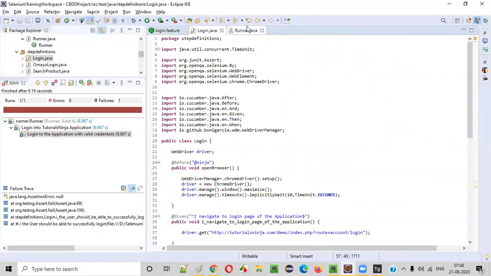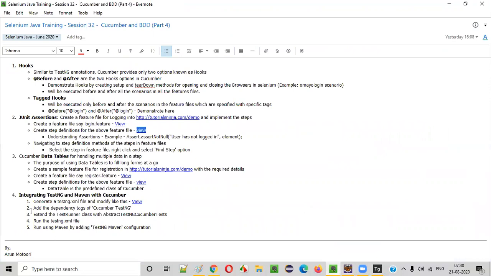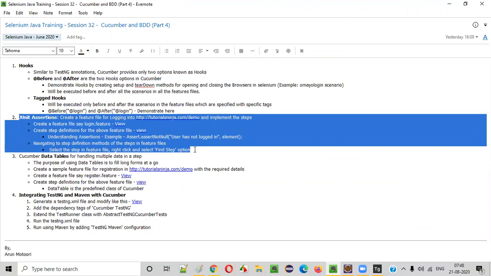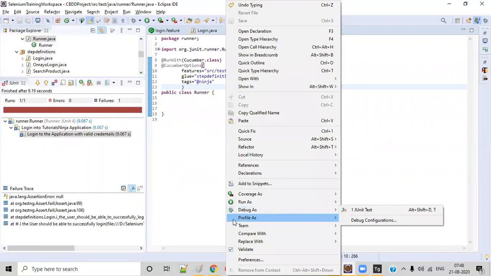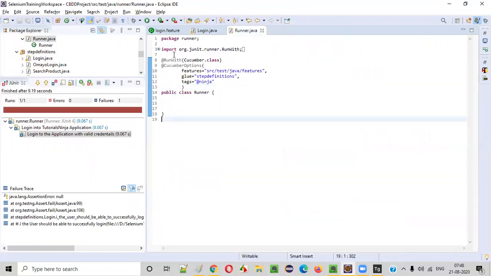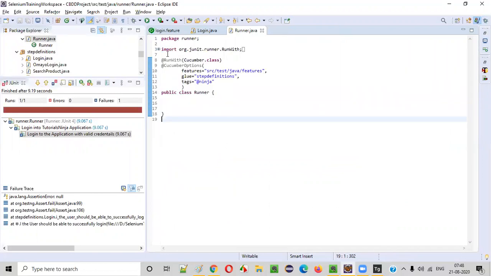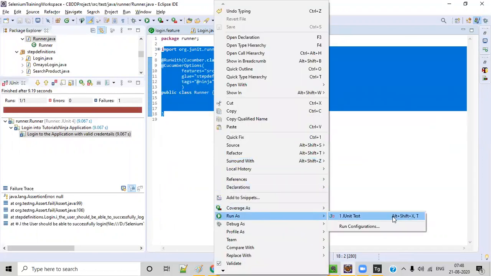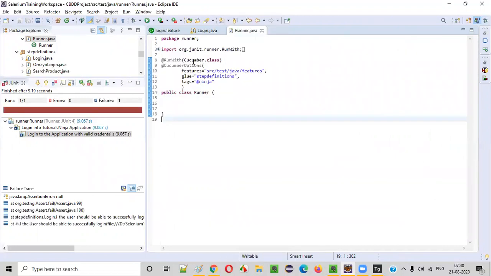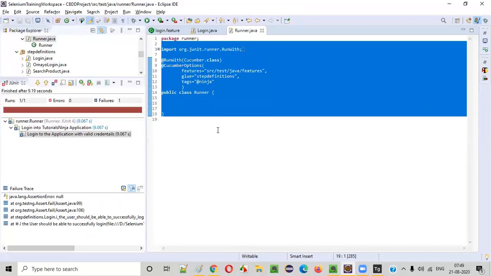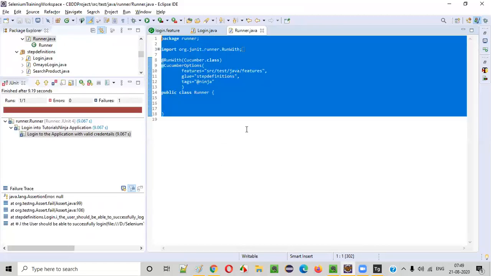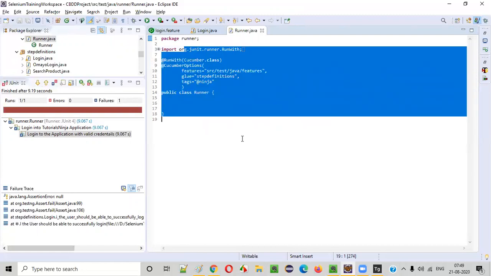Now, guys, my requirement here is that I don't want this particular runner class to be executed from JUnit. I am running this runner class using JUnit now, right? But I want to run this with TestNG. How to do that? Any ideas? So far, I was running this runner class using JUnit, but I want to run with TestNG. In my project, everywhere TestNG is there. Somehow, only this runner class is from JUnit. I want to make everything TestNG. So what will you think, guys? You have to convert this into TestNG.